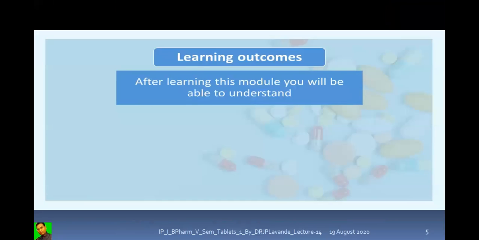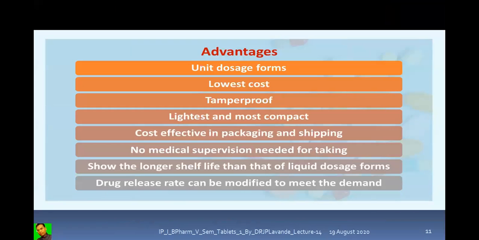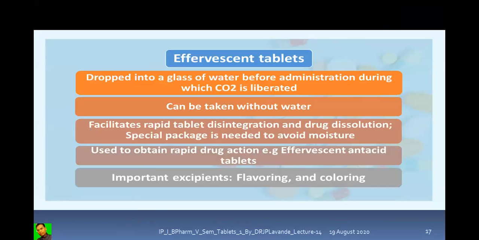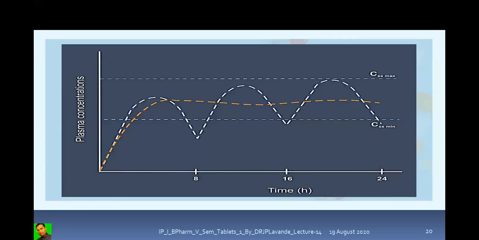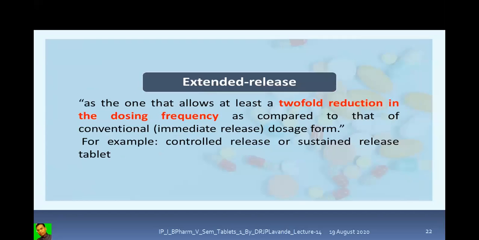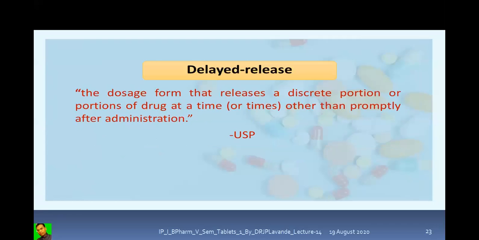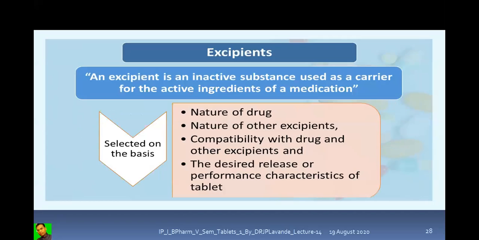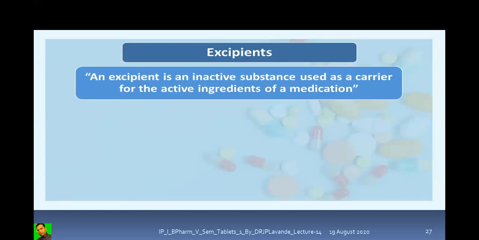So we are onto the tablet, and all these are the details that we already covered in our previous lecture. That is the ideal properties, advantages, disadvantages, classification, then the different types of tablet: effervescent tablet, sublingual tablet, lozenges. Then we saw the modified release tablet, extended release tablet, delayed release tablet. We saw the pattern of drug release for the different types of tablets, and we are onto the excipients. Just we had begun with the excipient, and while understanding the details of the excipient, we took a classical example